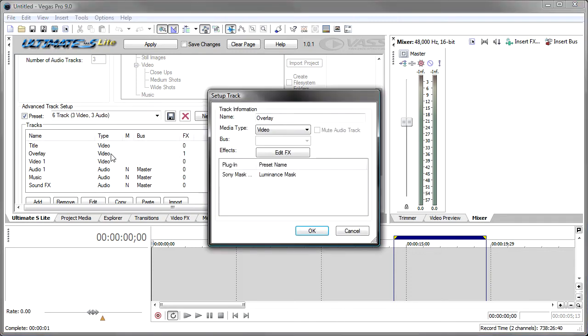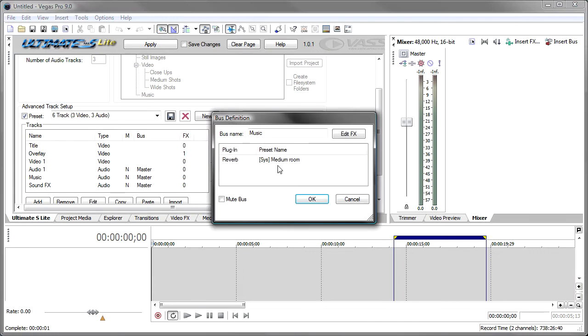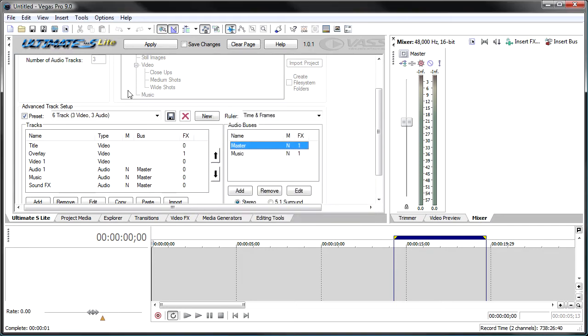I'm going to double click on this. We'll see what it is. So it's adding a luminance mask on the audio, the mask generator. And then I've added an effect on the music track. We've got a reverb on the music track. And on the master track, we've got Wavehammer. When I click Apply,